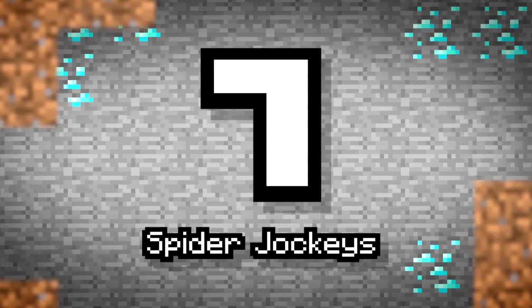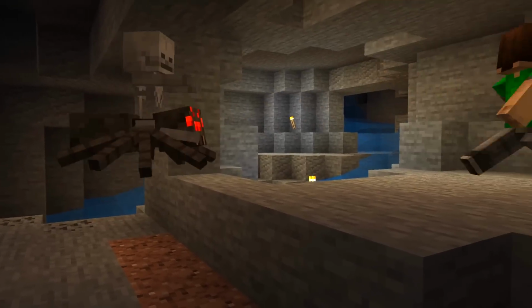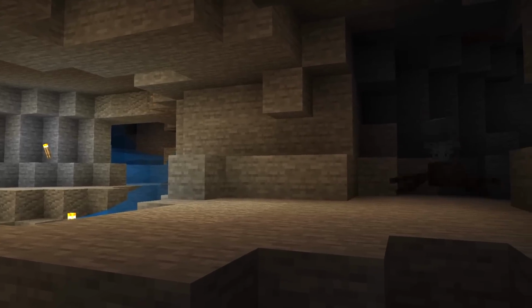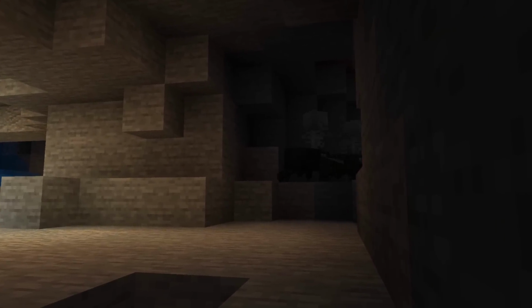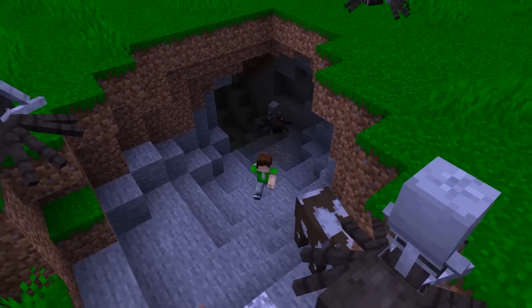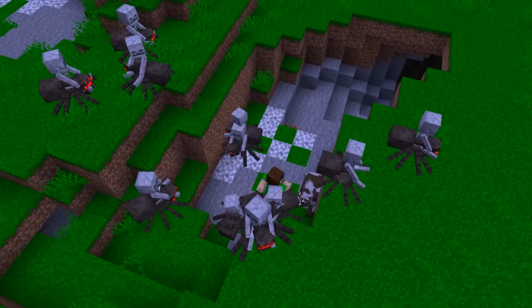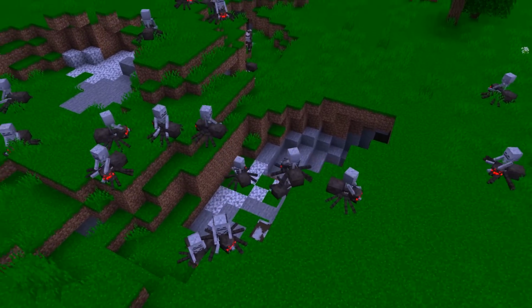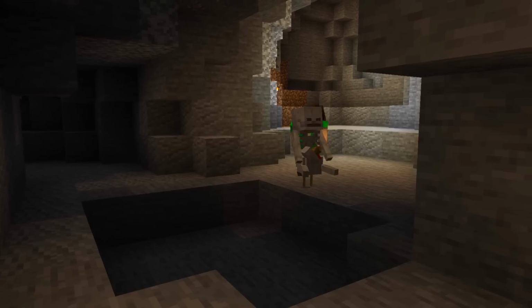Number 7. Spider Jockeys. Another common duo that we all know is a bit of a slip-up. While messing with mobs, the developers of Minecraft accidentally combined spiders and skeletons. This was originally a bit of a bug, and the team probably considered removing the Jockeys, as they were something that was never intended. But after the community loved them, Mojang did the exact opposite and started adding more, like